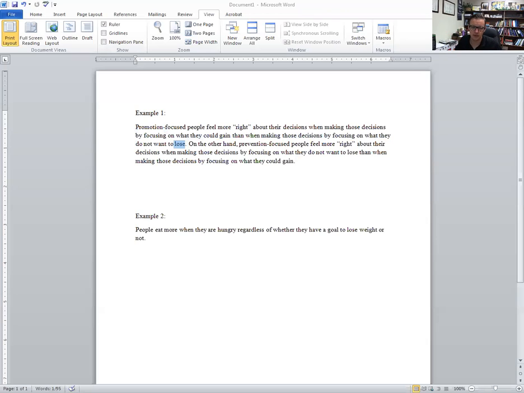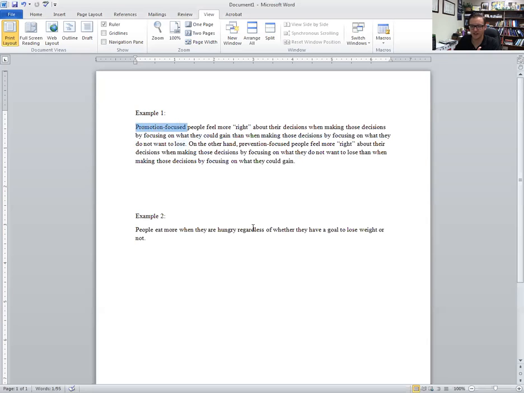So you notice it says low end of the variable or one of the conditions, so I'm going to put focusing on avoiding loss here, and I'm going to put focusing on gain here. Okay. Now remember I said that I tend to use the things that are harder to change for these. Okay, so if we go back to our example,